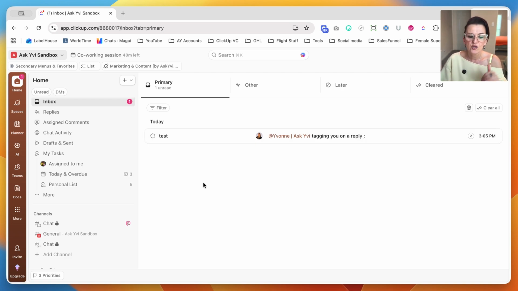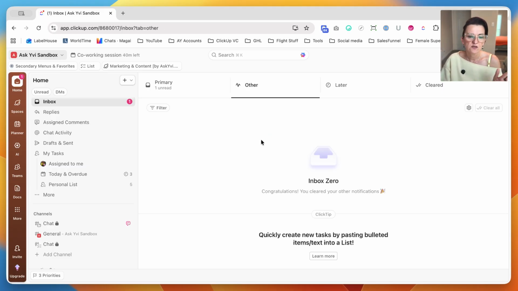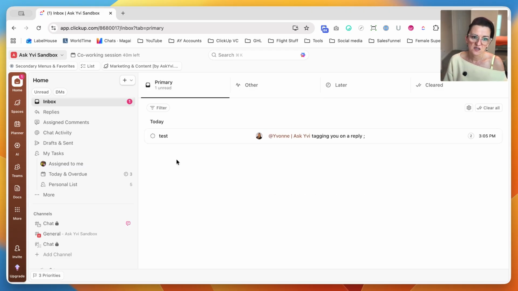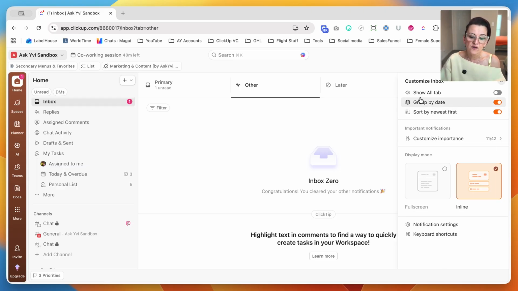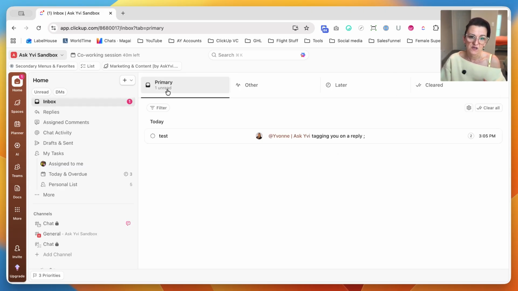Look through your inbox, your primary inbox. Usually the other you can just skate through. Do look it over and clear them all. But the other inbox is usually just automations that are running for you and you've been assigned things. Nothing major should be in the other. If it is, make sure that you move it over where it's supposed to be and make sure your notification